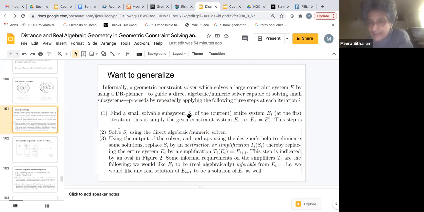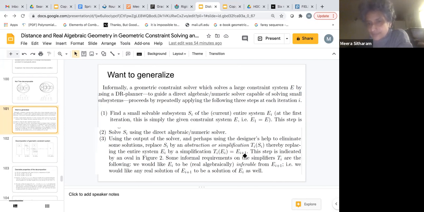You want it to have finitely many solutions. You can replace it by something simpler, the simplification, to get the next big polynomial system. And the key thing you want is for the set of real solutions of the new system